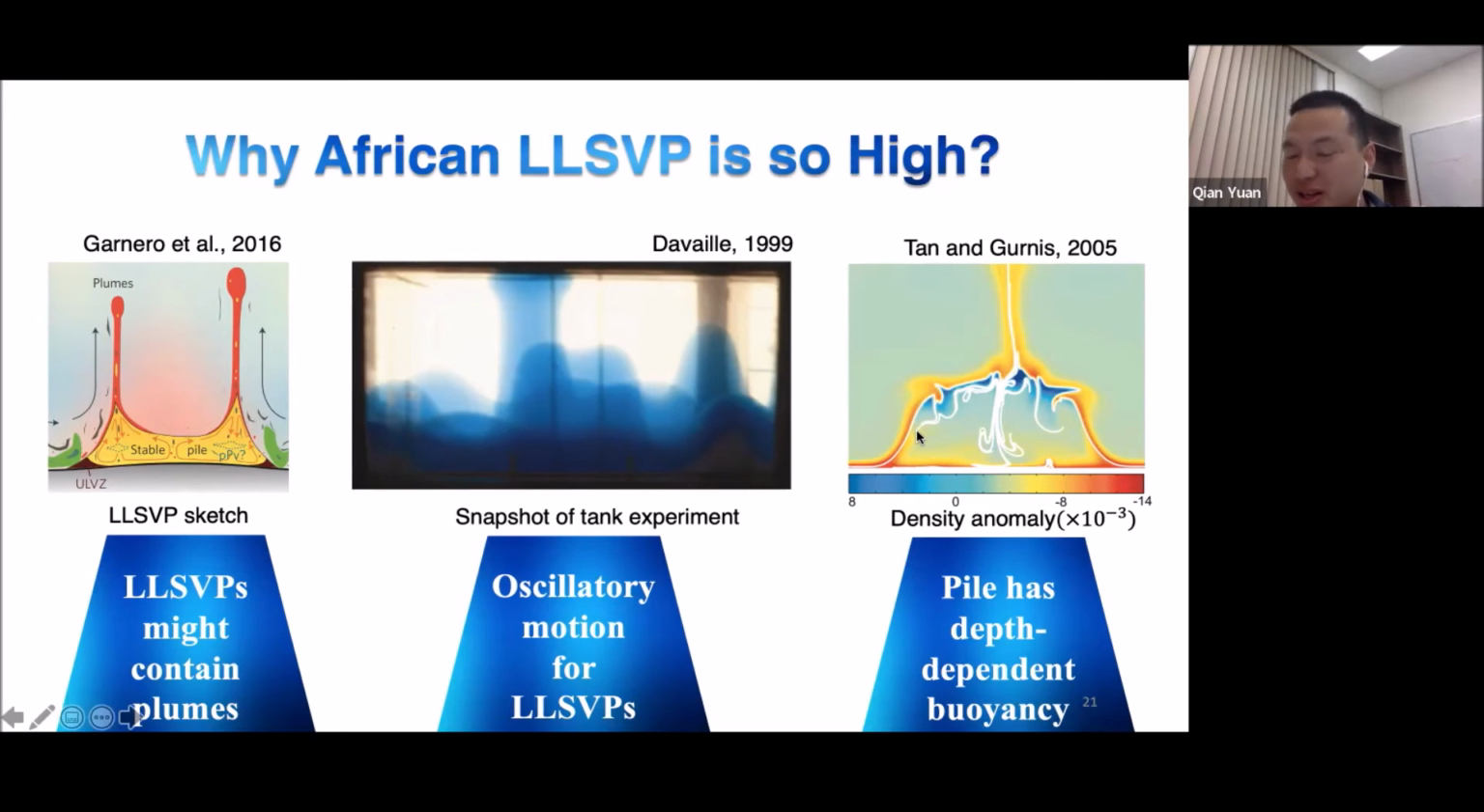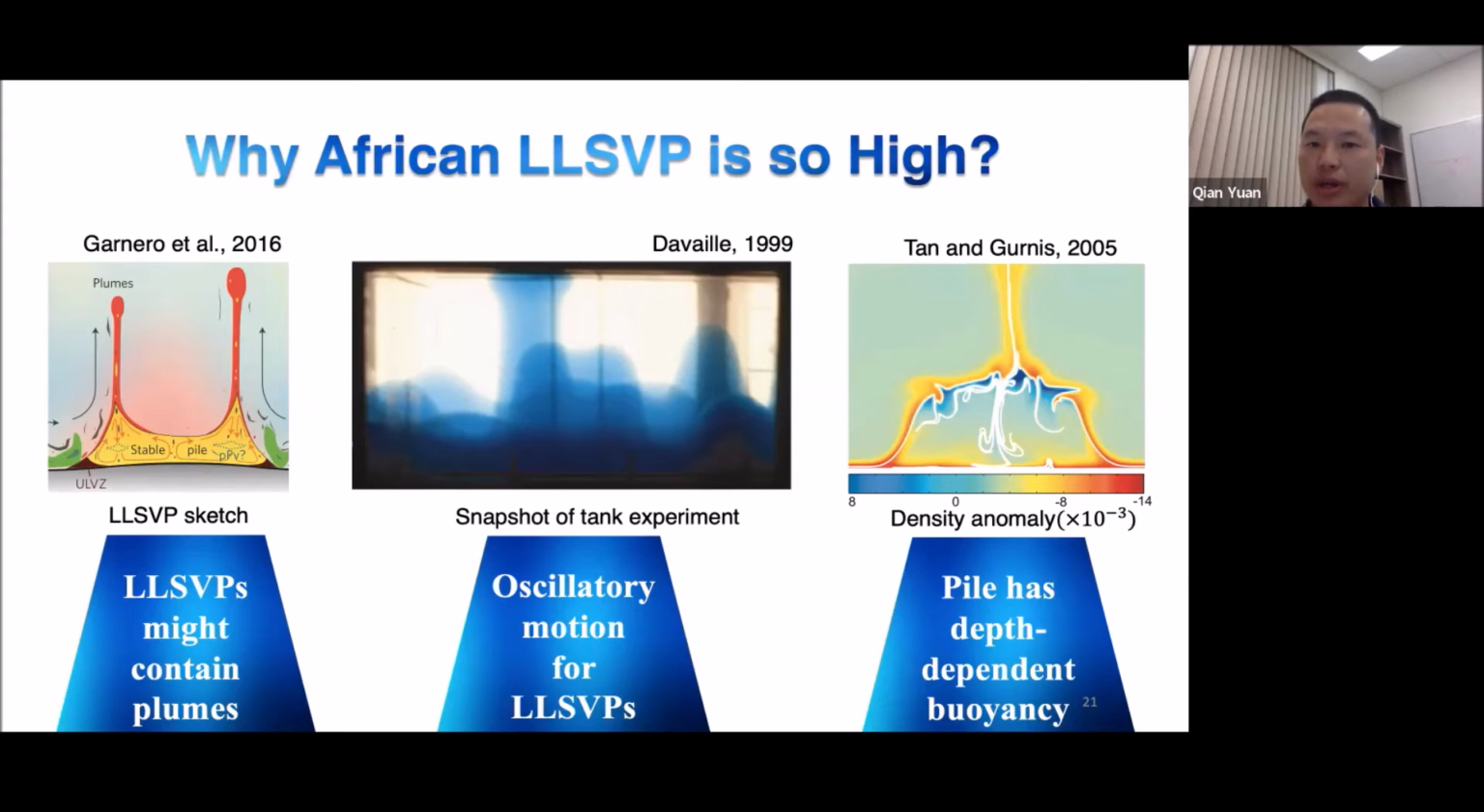But if this mechanism can explain the African LLSVP, it's also possible the Pacific LLSVP has a different bulk modulus too. In that way, the Pacific LLSVP could also have this sharp boundary and be very tall. But in seismic studies, we only see that the African LLSVP is much higher than the Pacific LLSVP. So then we think our explanation,